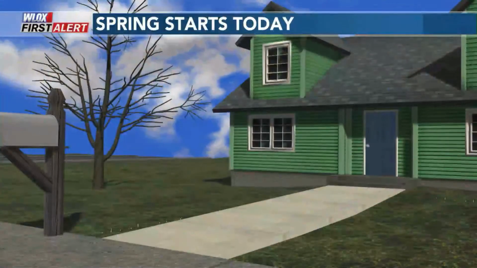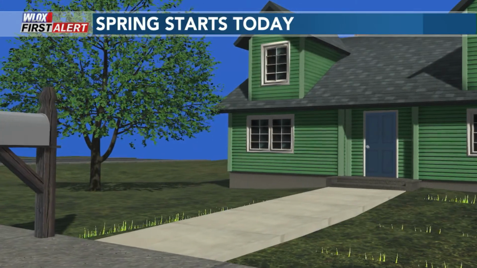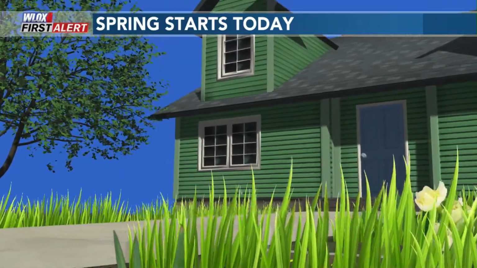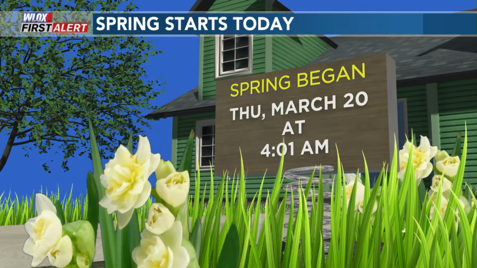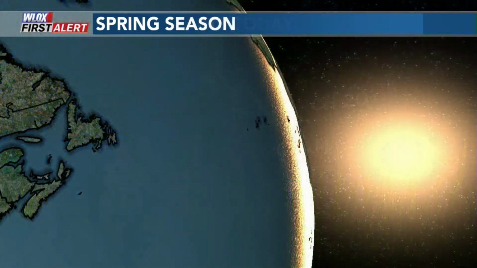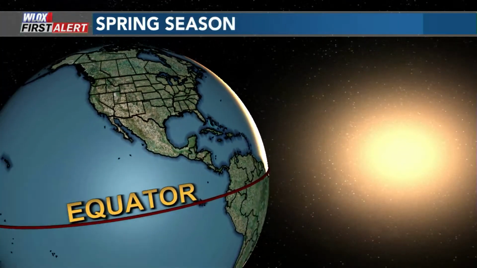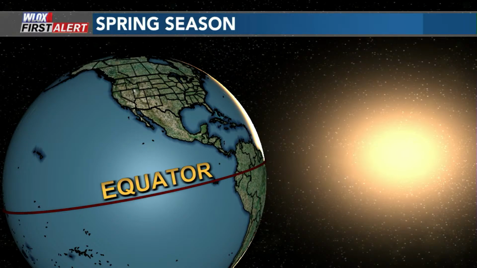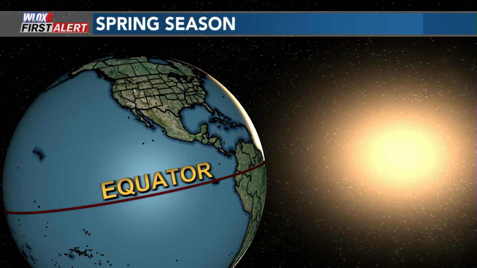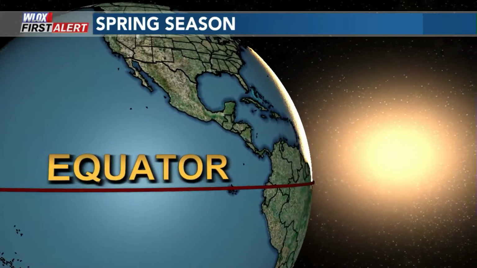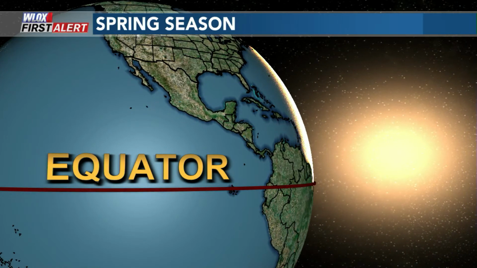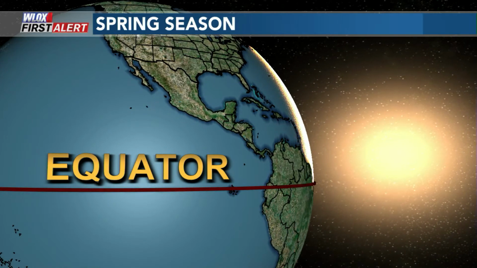Spring officially began at 4:01 a.m. today. Now, what's that all about? What's so important? What happened at 4:01 that made the difference between winter and spring? Well, in order to know the exact answer to that, we got to take a trip. Let's all fly out to the equator. And if you are standing on the equator today, you're noticing that the Earth's angle with respect to the sun is directly pointed at it.